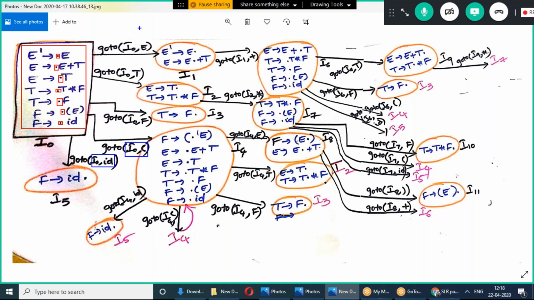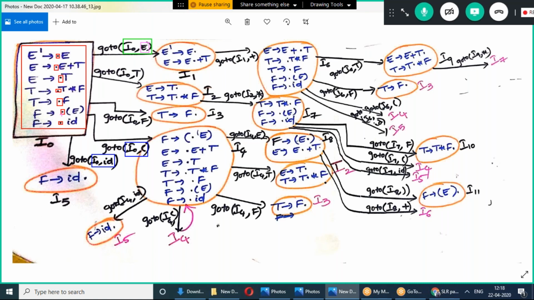First of all, let us see goto of I naught comma E. Whenever we are performing goto of I naught comma E, we have to check where E is after the dot in I naught. After the dot there is an E here, and after the dot there is an E here.